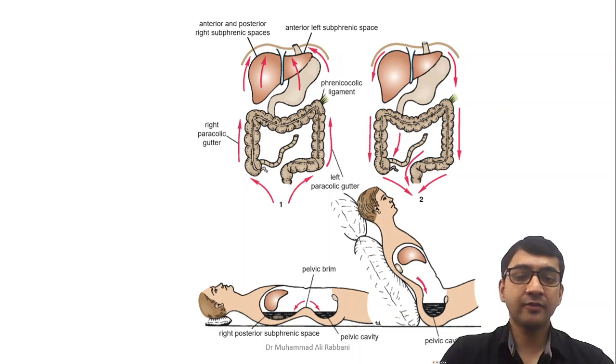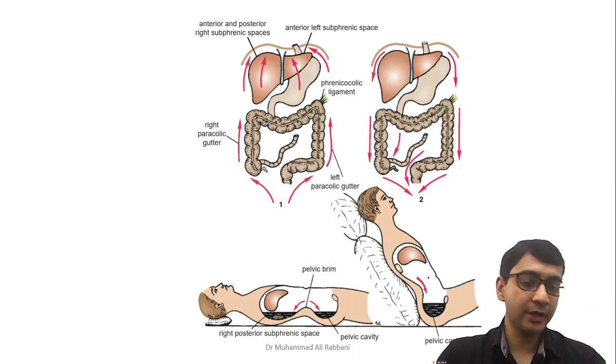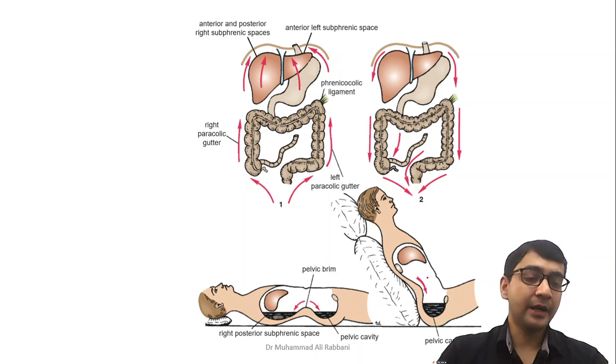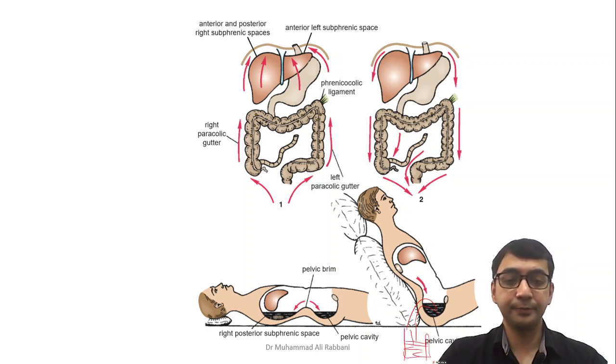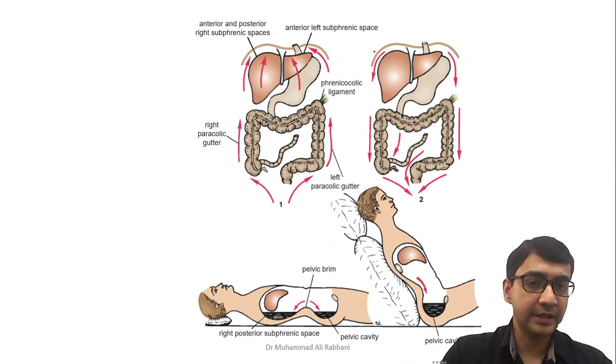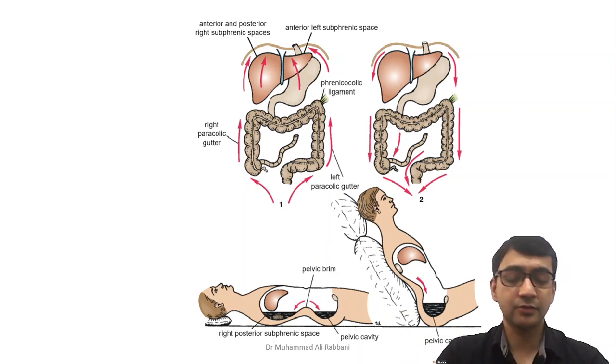That is why whenever we have a person with peritonitis, you try to keep that person in an upright position so that fluid does not accumulate in the subphrenic space. The fluid may go into the pelvic cavity, and there you put in a drain that helps drain the fluid into a container. Also, when infected fluid goes into the subhepatic space, it irritates the diaphragm and gives rise to an uncomfortable situation and pain.